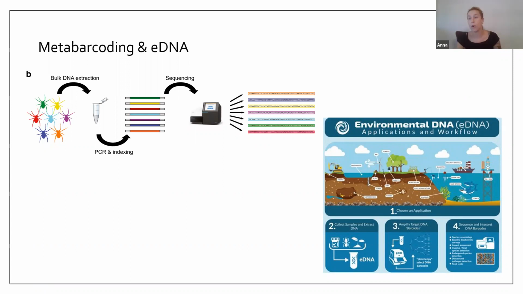Environmental DNA is now another really common method where we can take samples from soil or water or even trees and sequence all the kind of remnant DNA that's left in the environment. And this is really allowing us to get a sense of whole biotic communities without having to actually sample anything. Of course, in that case, you don't actually have the specimens, but in terms of kind of monitoring for invasive species or detecting novel, whatever it may be that you would like to monitor in a system, this kind of provides an approach for that.